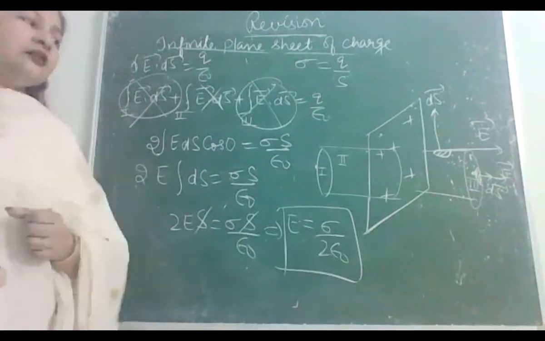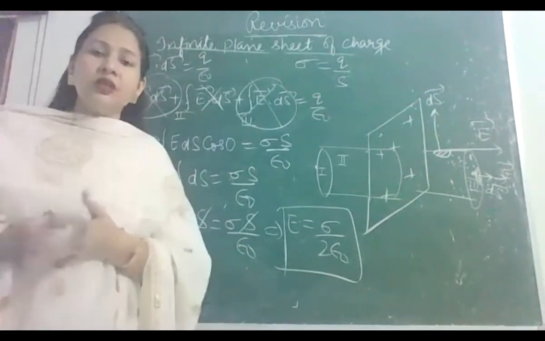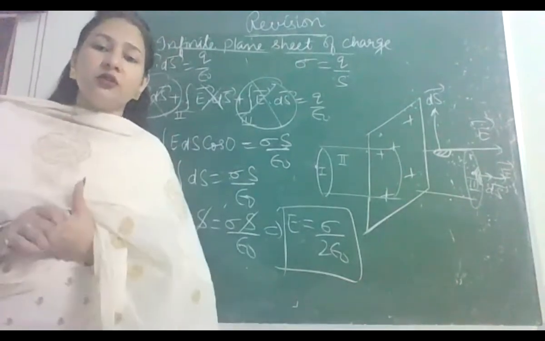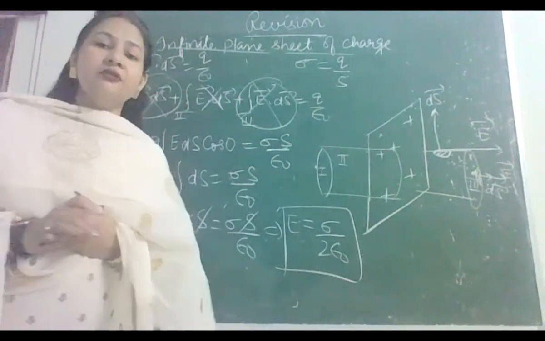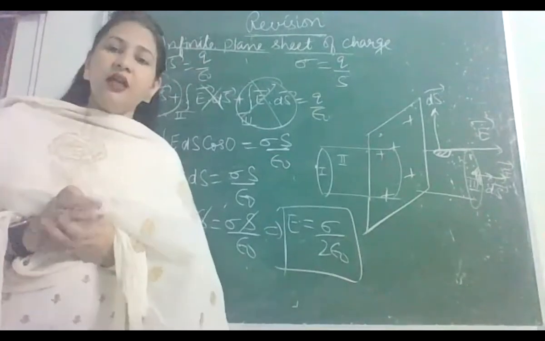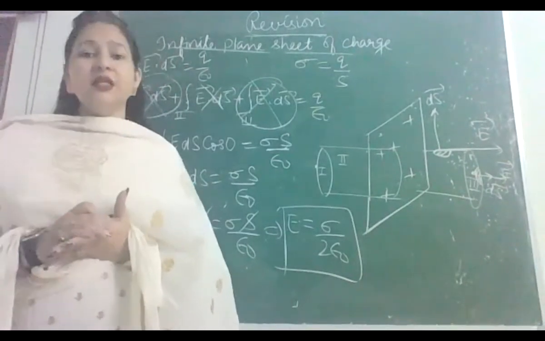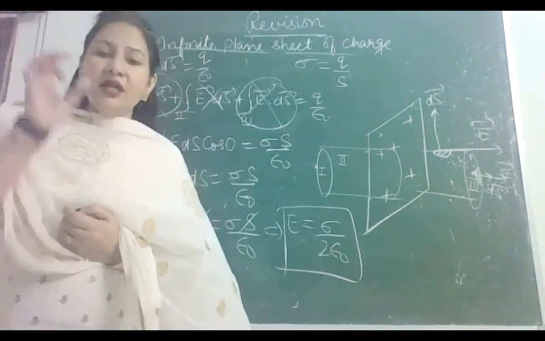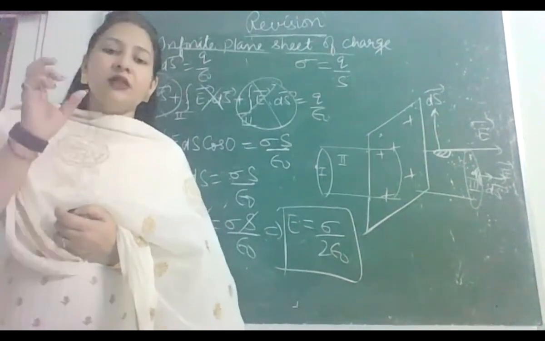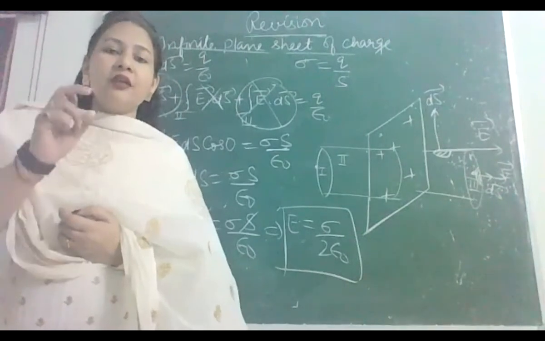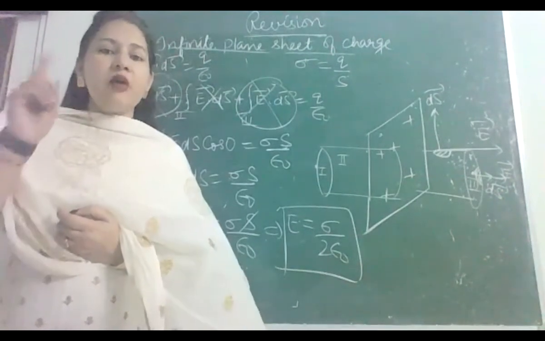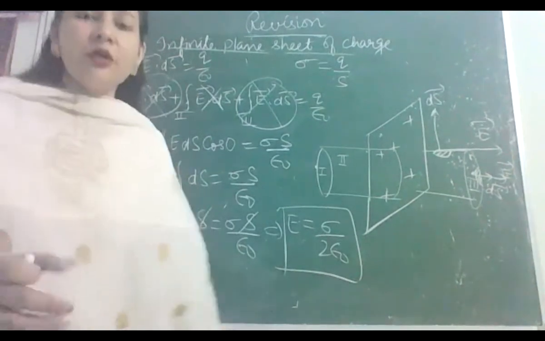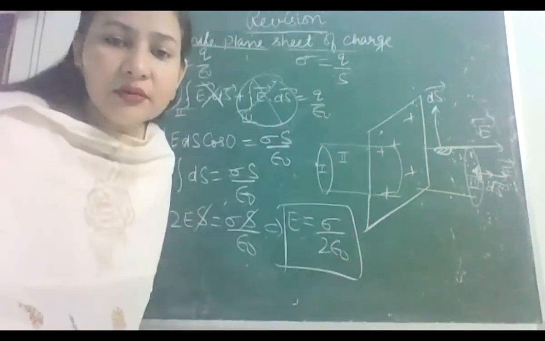Then we had the third case where we had two infinite plane sheets of charge, and we did the special case also, and we found that if the sheets have equal and opposite surface charge densities, then the electric field outside the sheets will be 0. In the region between the thin sheets, the electric field would have been sigma over epsilon. So is there any problem in that application, students?